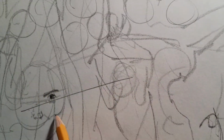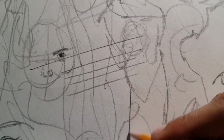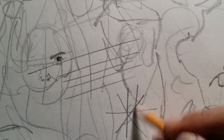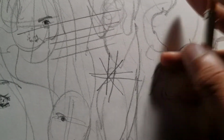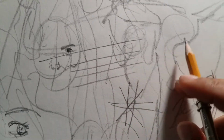Because for a while I would just do basic shapes, like basic lines, like, okay, I'm doing lines, I'm doing the star thing. I get different warm-up practices from books, and I used to think that the warm-up was the deliberate practice session, and I'd be like, oh, okay, I'm done with that. That was until